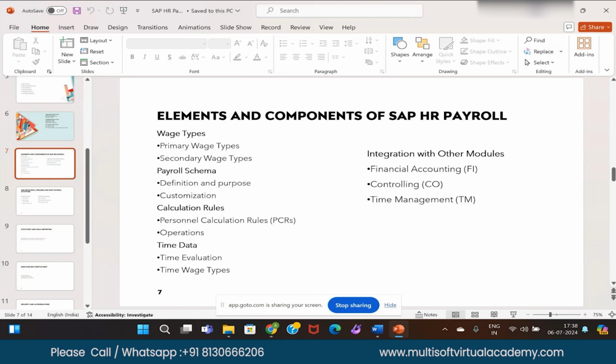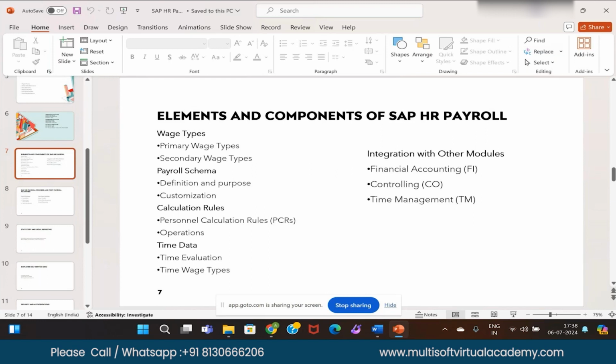Then personal calculation rules, PCRs. These are nothing but they will take the employee group, subgroup. They will take any configurations you have done, like if you need to pay a bonus, meaning how you need to pay. You have to pay along with the salary, or you have to run a separate payroll. We call this an off cycle payroll. Then you are paying them as per your instructions and SAP will process that.